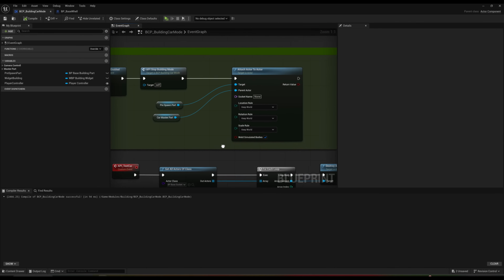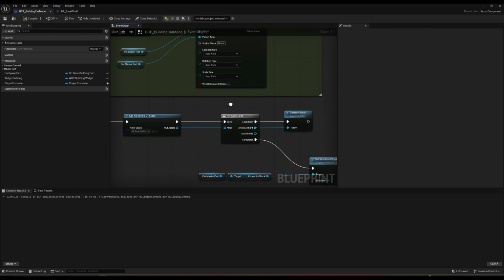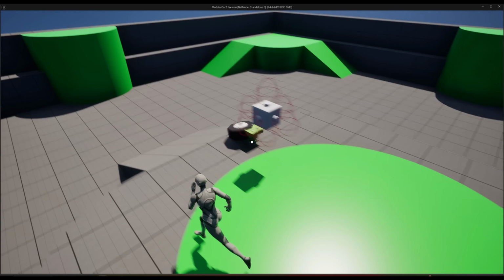And one thing very important is that make sure that you have you attach actor to actor, make sure you have all those nodes and everything like that. So this will give you this result. So make sure that before we move to the next lesson,